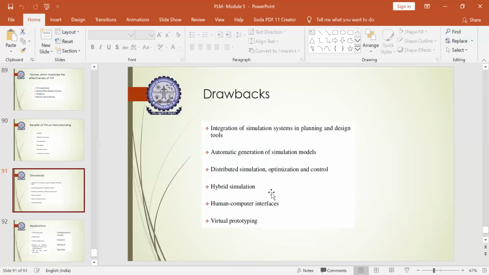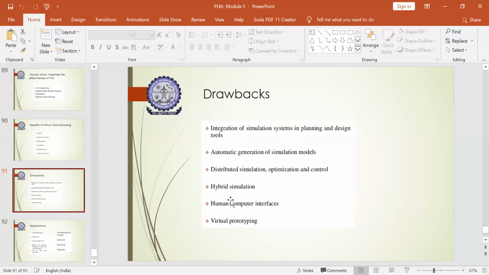Hybrid simulation, if it is able to be achieved, that will be good. Next is the human-computer interface. Achieving an interface between human and computer is also not up to the mark, as is the integration of simulation tools with the design tool. Even this has to be overcome to a 100% extent.